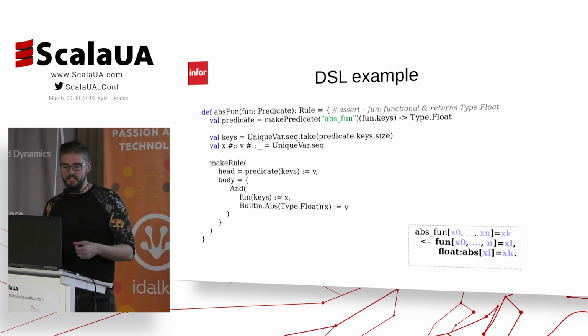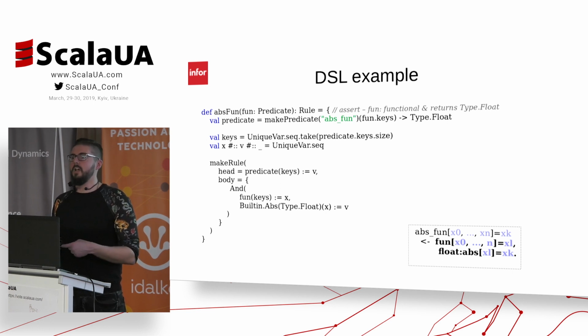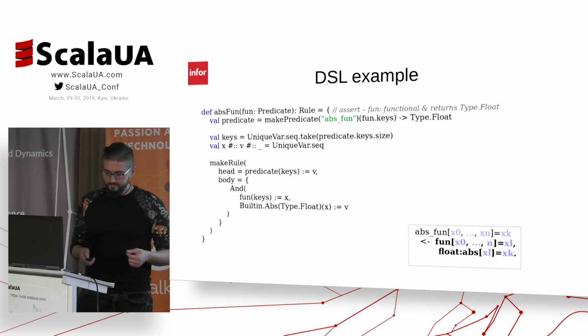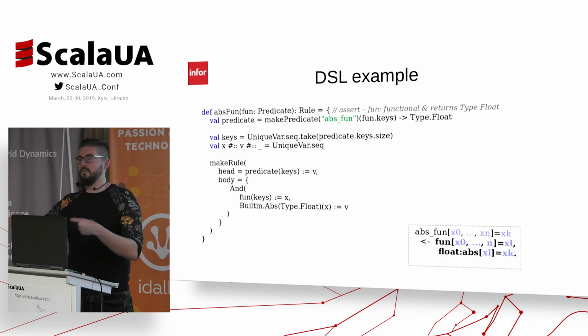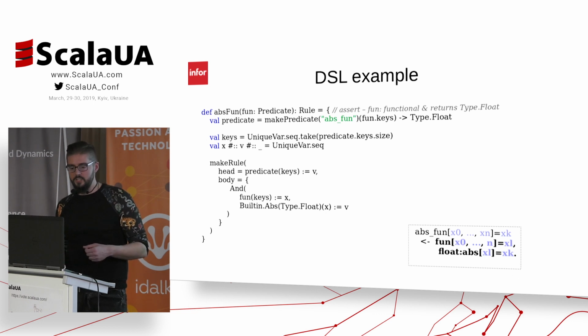There are a bunch of implicits here, and this unique var, you see this object, unique var, almost on the top, in the middle. Unique var is a stream object in Scala, which could give you an indefinite amount of variables. So this is the wrapper. Unique var is a wrapper for a Scala object, and so now we are able to write functions which will generate code in LogiQL written in Scala, and probably something like this we could do for many different computations. But at Infor we went a step further, maybe many steps further, and we started generation of whole